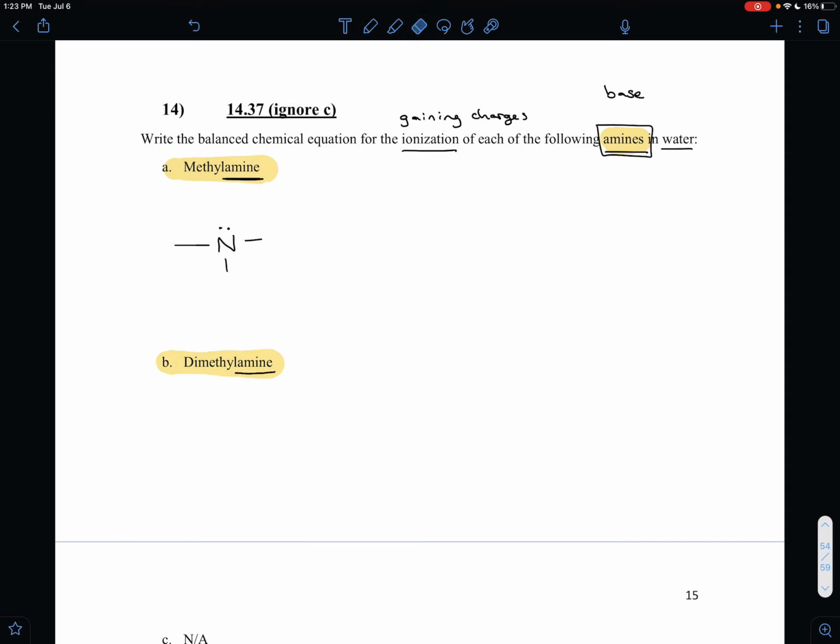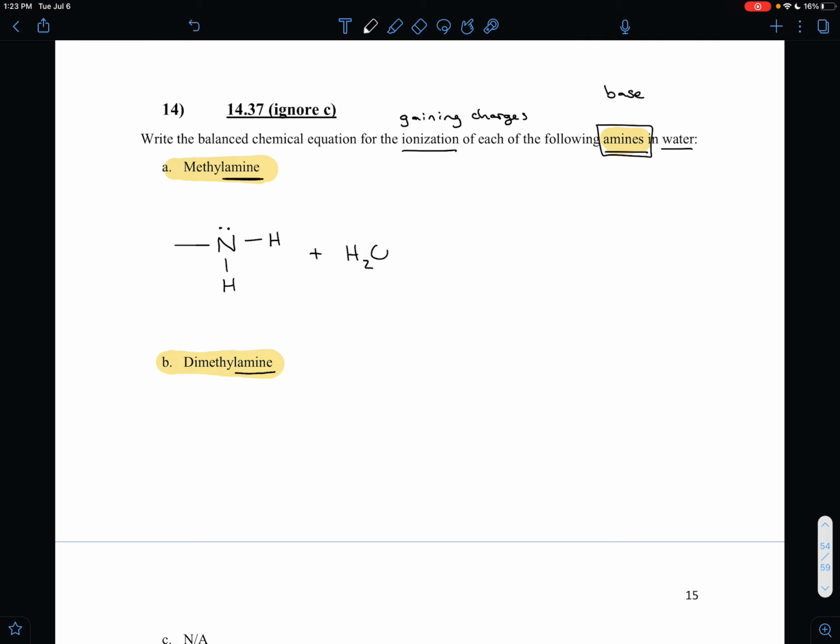If you don't feel comfortable with that, go back and check out those videos on naming, with the naming table, with the prefixes and suffixes. That's the only branch we have. So what goes on the end of these other 2 bonds? Hydrogens. So we're just going to fill those in, hydrogens. This is methylamine. And what we're going to do is just dunk that methylamine, pour it into